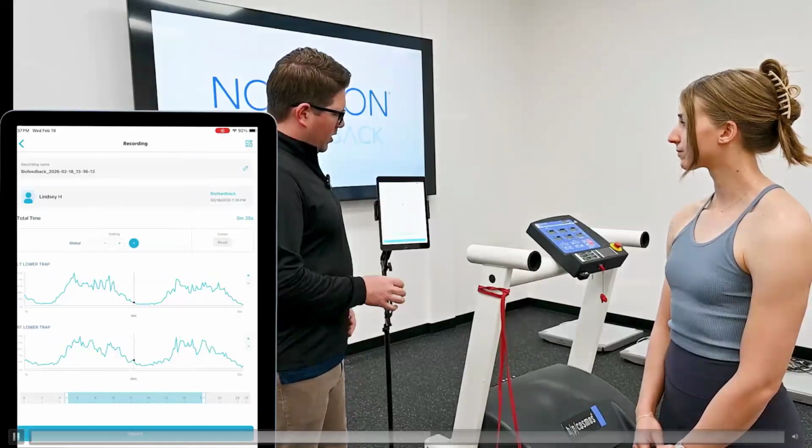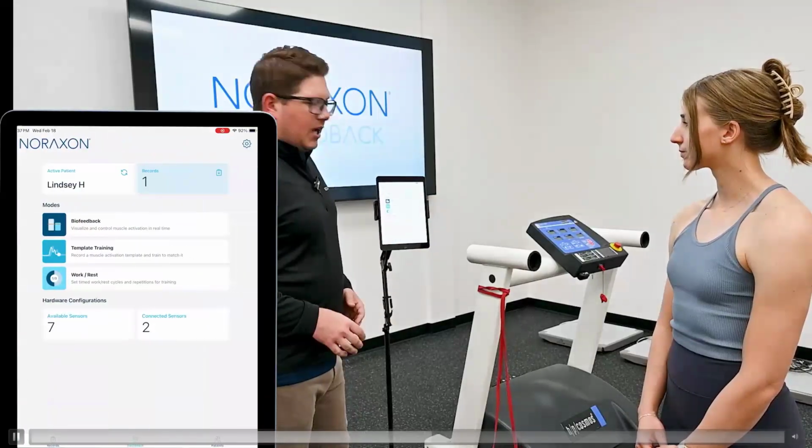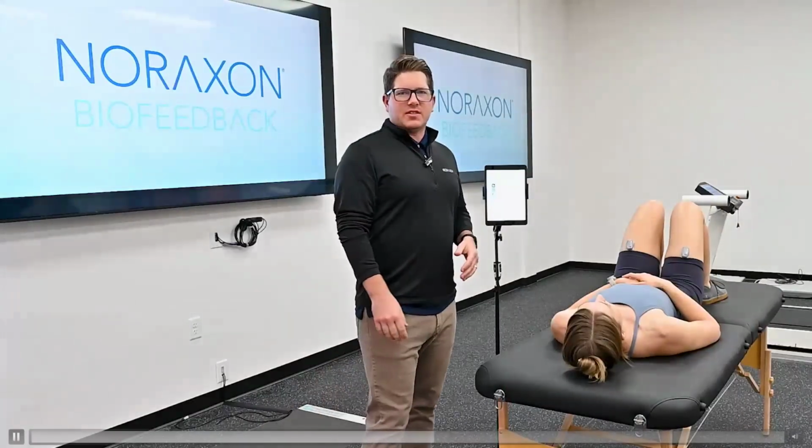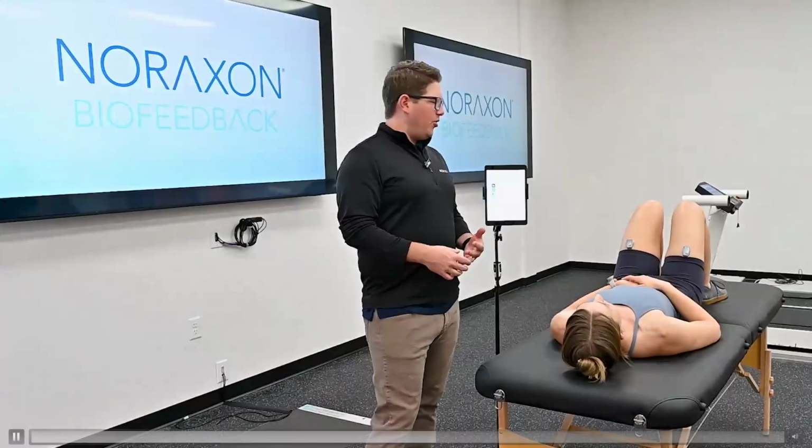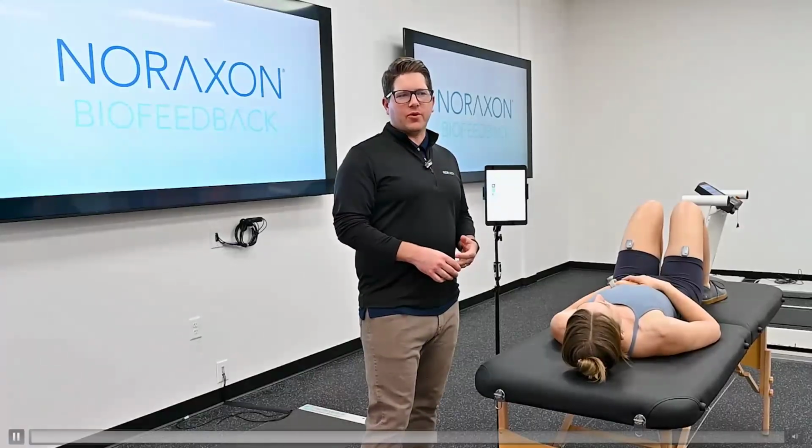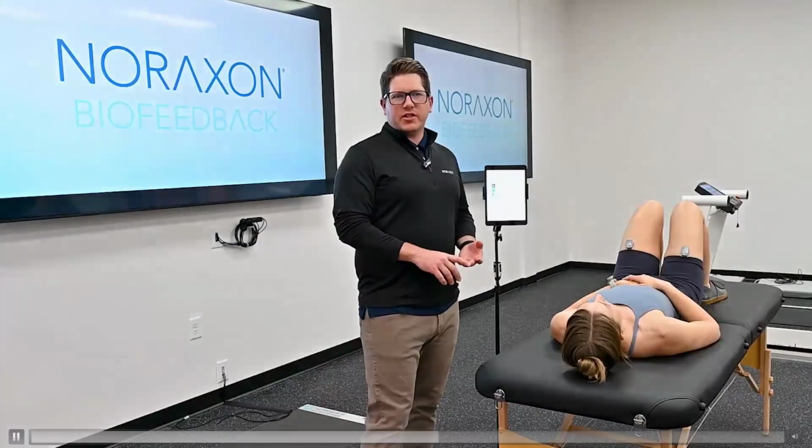At this point, we would then take a step back and return to our dashboard, and we'll move on to our next measurement mode. The next mode that we're going to demonstrate is template training mode. This is a mode that was designed to be used for symmetry restoration and helping with some neuromuscular